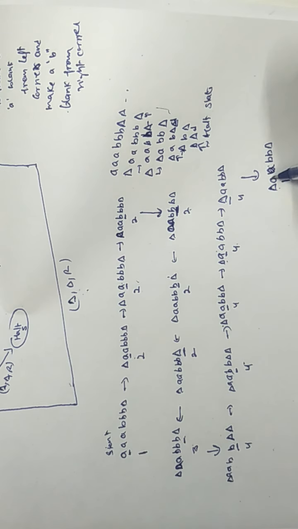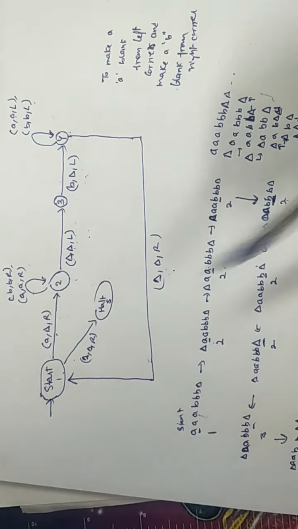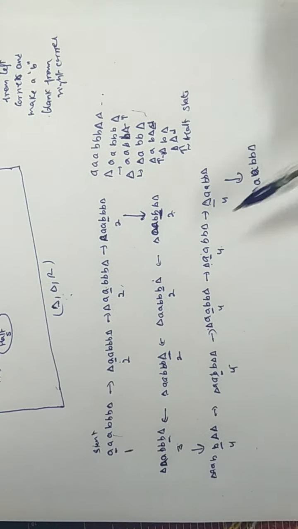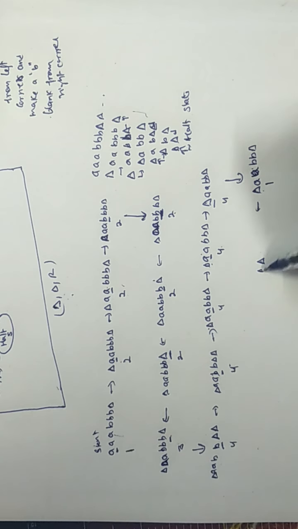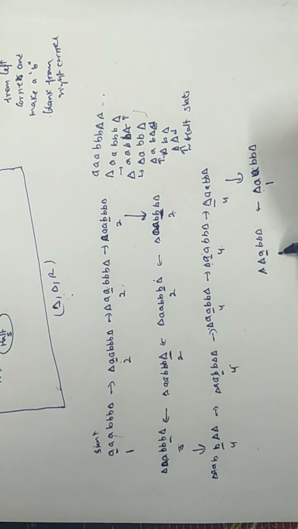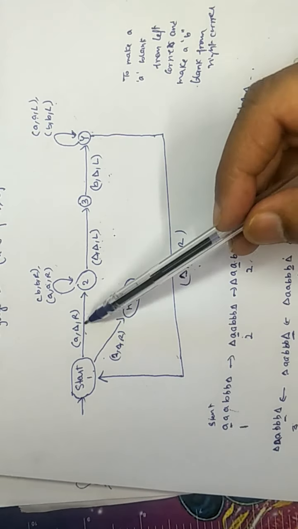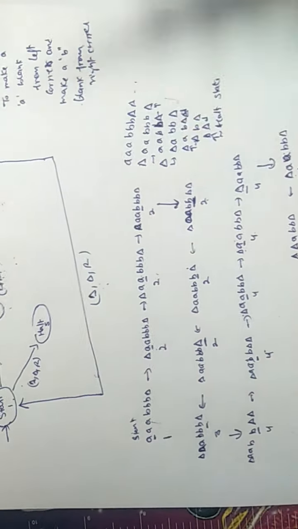Now at state 1 reading A is just similar to the very first transition. Reading A at state 1, making it blank and moving to right. So here, reading A, converting this A into blank and moving to right, and move to state 2. By reading this A we are converting it into blank, moving to right and reaching state 2.